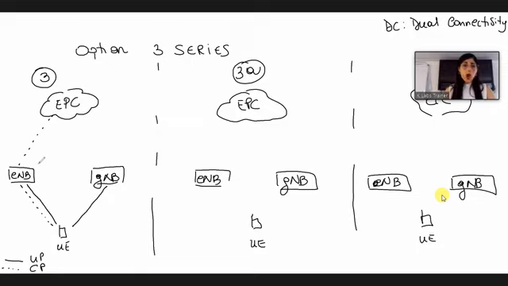And in option 3, it is also the eNodeB which exchanges the user plane with the core network. Then the gNodeB will receive control information and also the user plane from the eNodeB, from the 4G side.